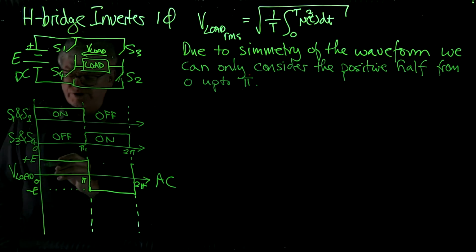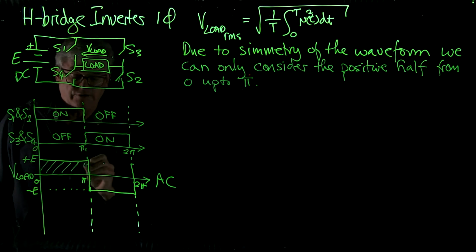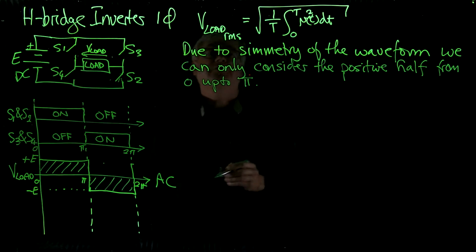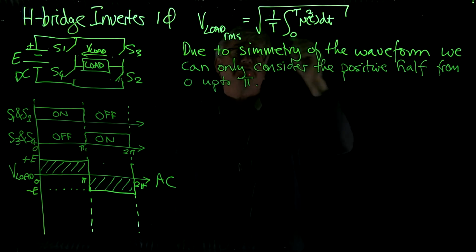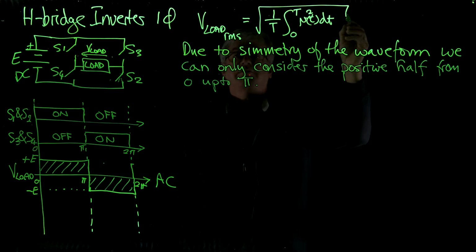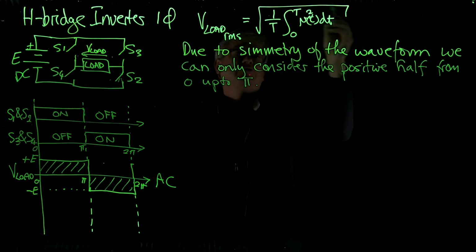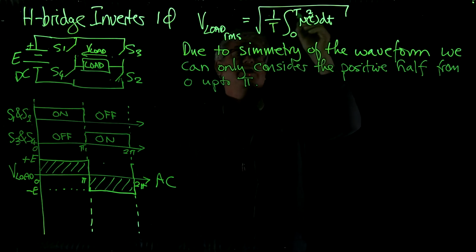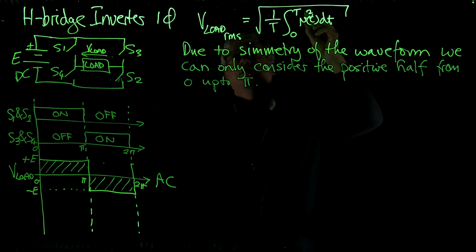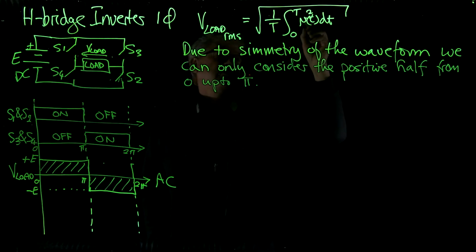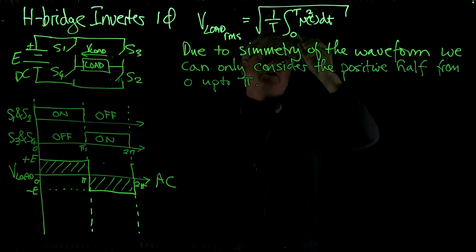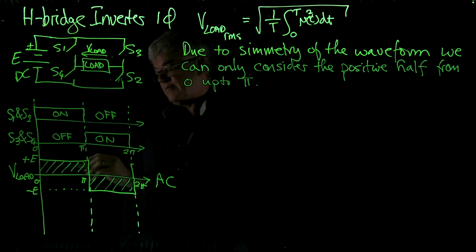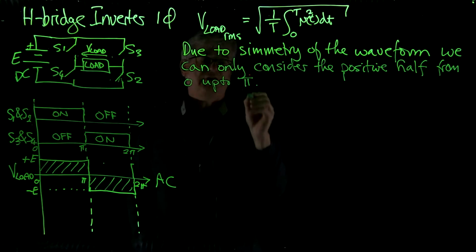If we now want to determine the RMS value of this load voltage, then we can go back to the scientific definition of RMS, which is that it is the root of the mean, that's where this T comes in, of the square of the voltage. And due to symmetry of the waveform, we can only consider the positive half, from 0 up to pi, and therefore V load RMS